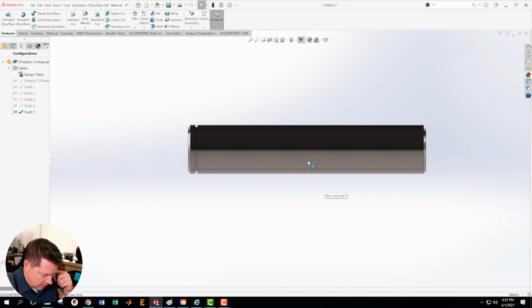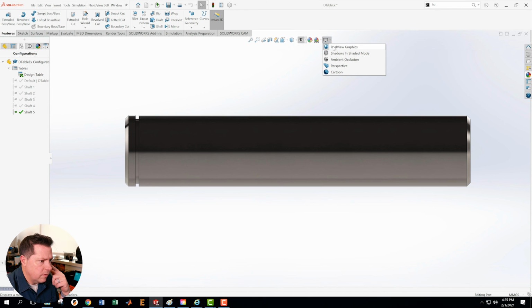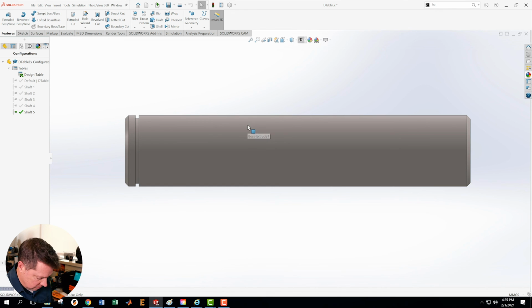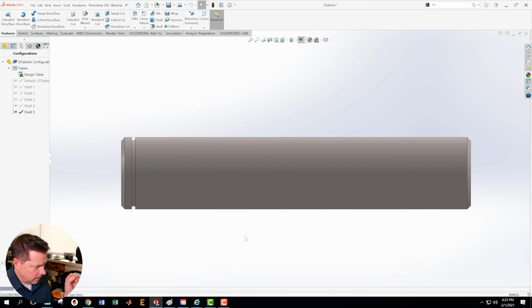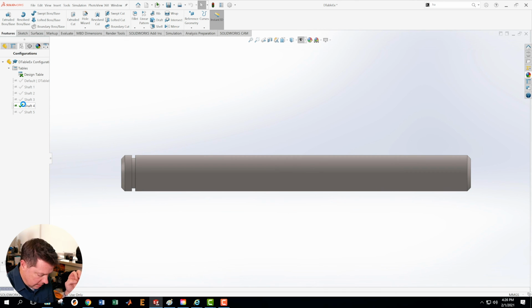So what I want to do then is just come up here for a second, turn off these real graphics, because this will allow me to basically filter through these. I'm looking now at figure 5.1. The chamfer looks right, the groove location looks right, the groove depth looks right, the length looks right. Shaft 4 should be the same length, but smaller in diameter, with a groove in the same spot, and the chamfer is the same. Shaft 3 now should be much smaller